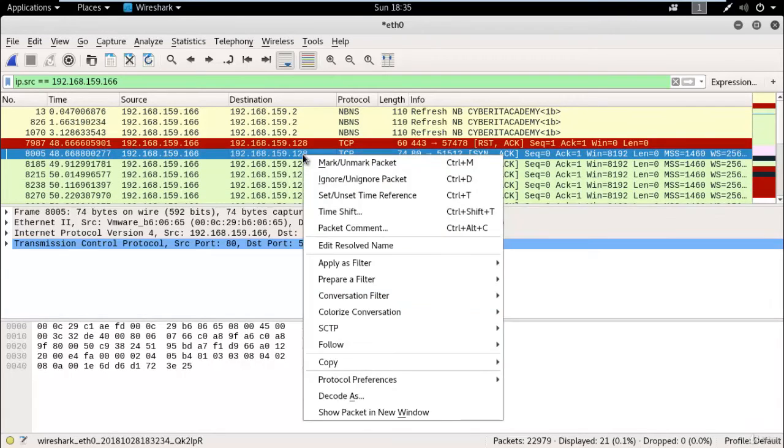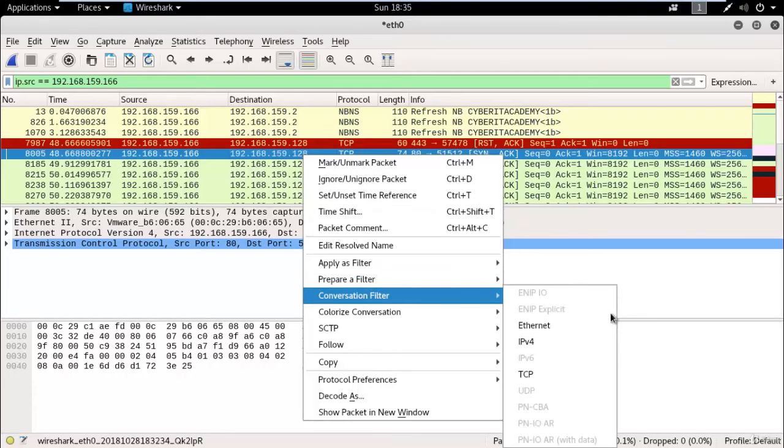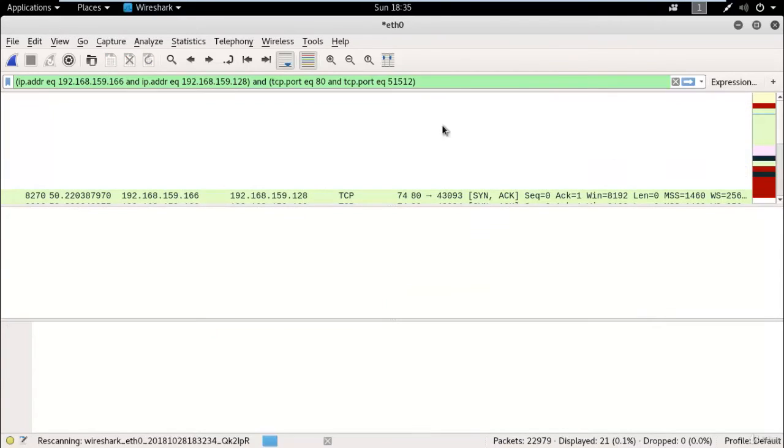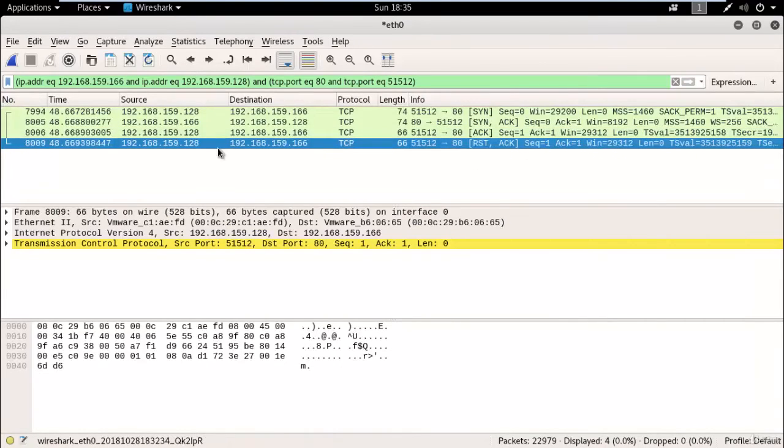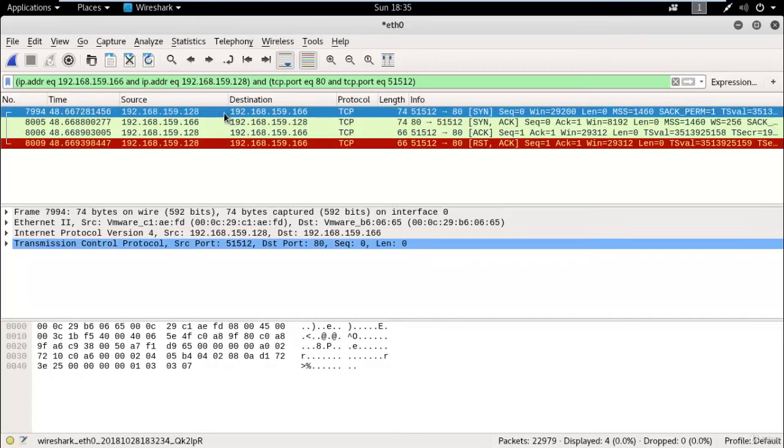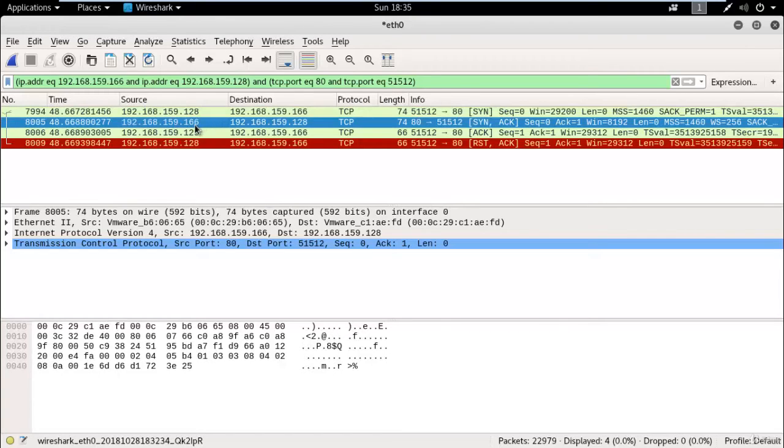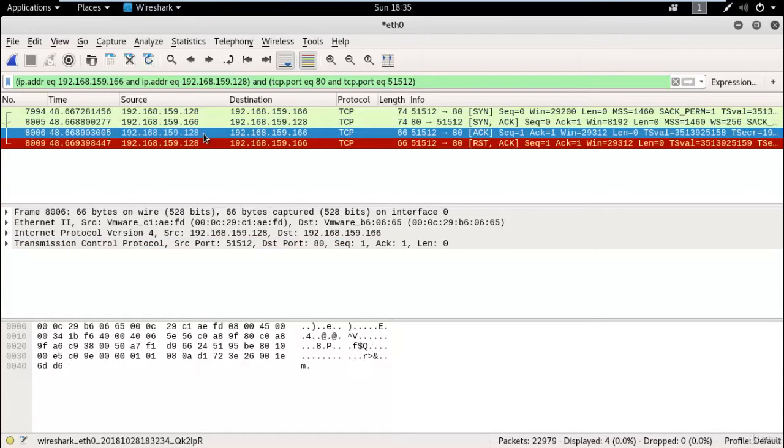If you want to filter for TCP, here you can see the complete conversation of TCP for 166. 128 has sent a SYN packet, and here you can see 166 replies with SYN and acknowledgement, and 128 again gives acknowledgement of the SYN-ACK, and finally sends a reset packet to the target device.